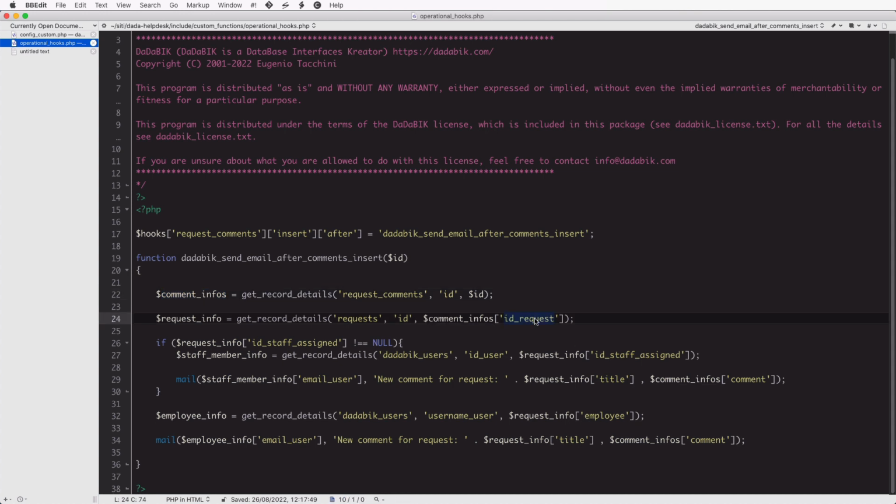Okay, so comment info's ID request, for example, contains the ID request of that comment. So the request the comment is linked to. Comment info's attachment will contain the name of the attachment, and so on and so forth. So using the ID request, we want to get the details of the related requests. So again, we use get record details, this time with table requests, field ID, but that's the ID of the